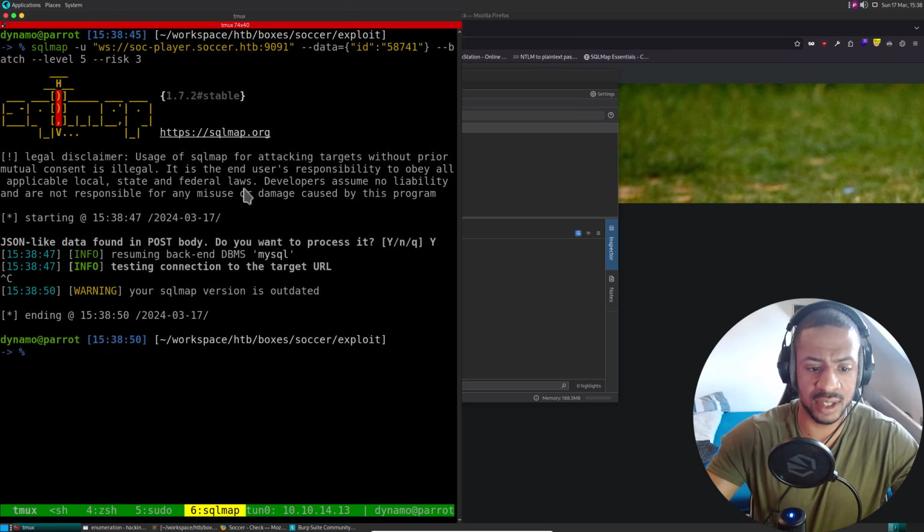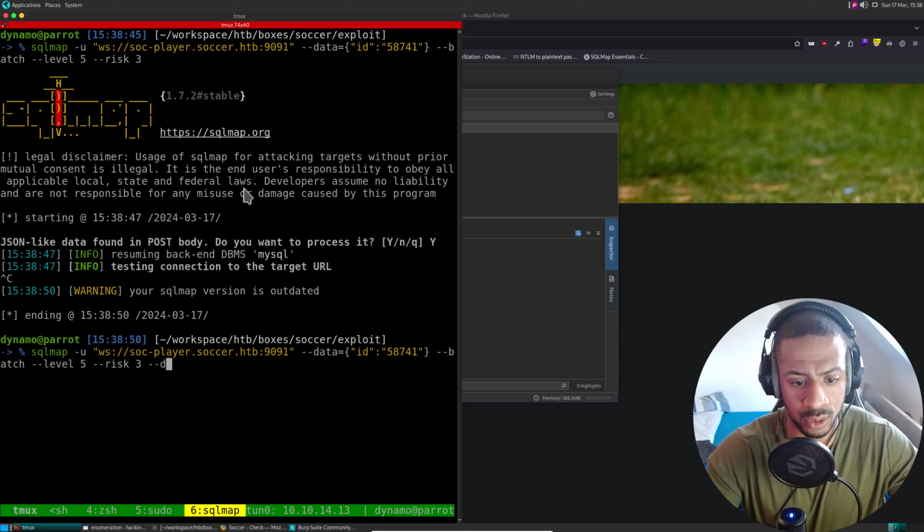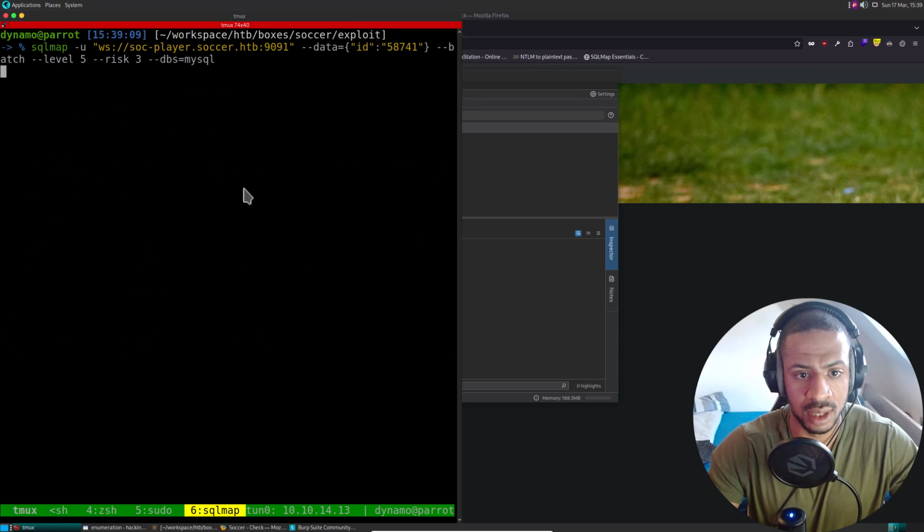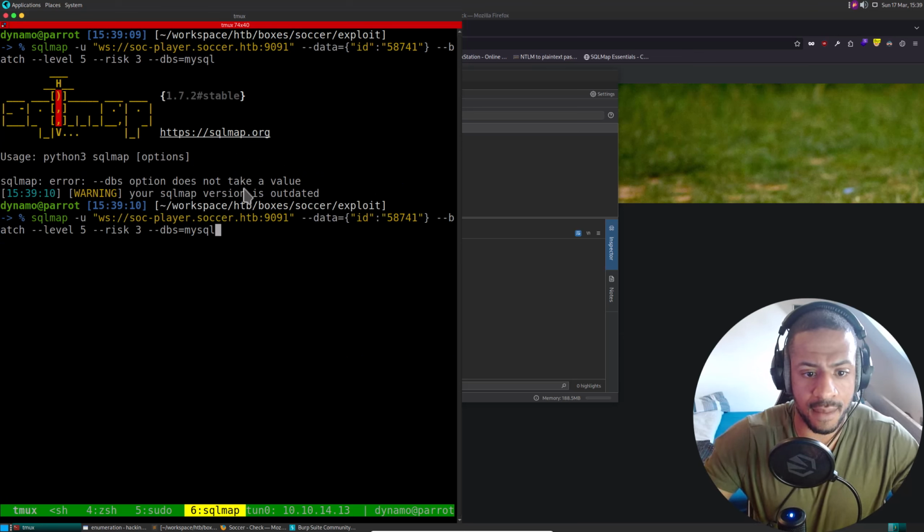So the backend is MySQL. So let's also do --dbms equals MySQL. Let's just do MySQL like this. Yeah, see, it's case sensitive.